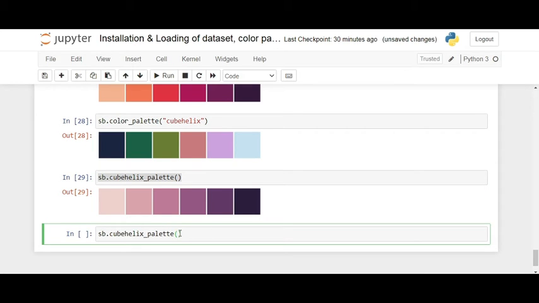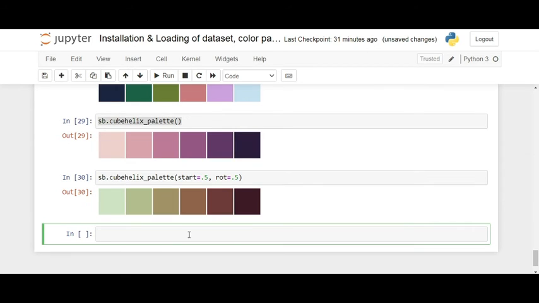I will paste it, and if I give a few parameters here, suppose start is equal to 0.5 and rotation is equal to 0.5, and check what happens.